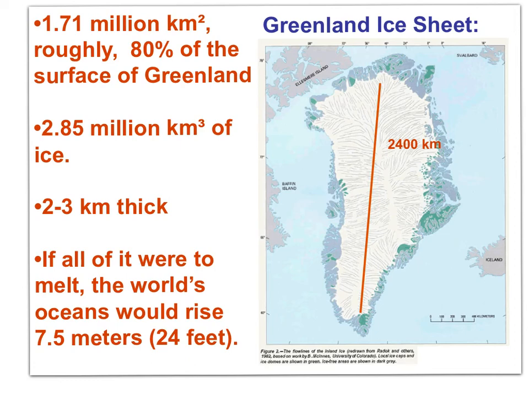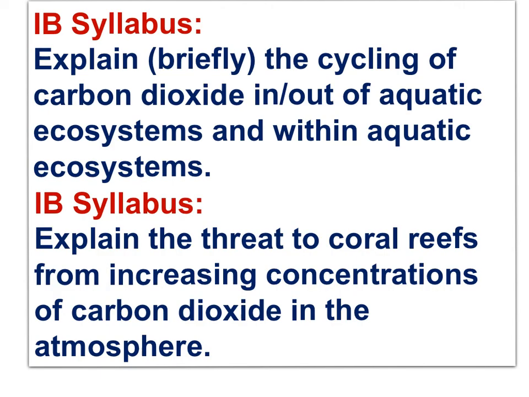The Greenland ice sheet is massive. If the entire ice sheet melted and drained from the land, ocean levels would rise 7 to 8 meters, nearly 25 feet. And the last IB syllabus statements of this movie, statements that should be familiar to you because I've covered them elsewhere,